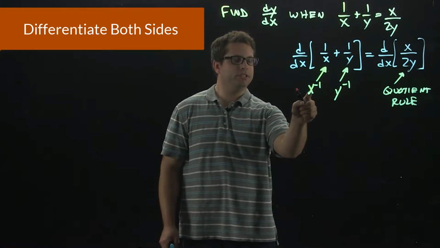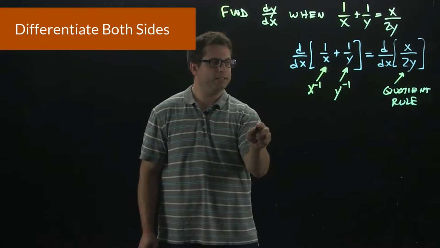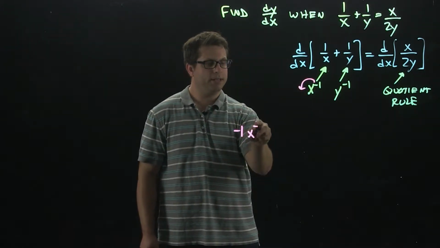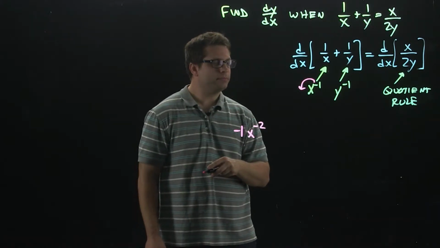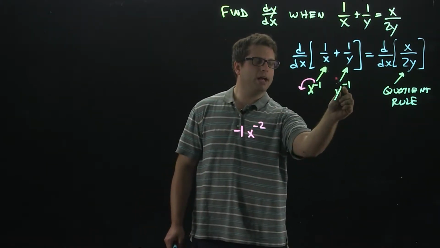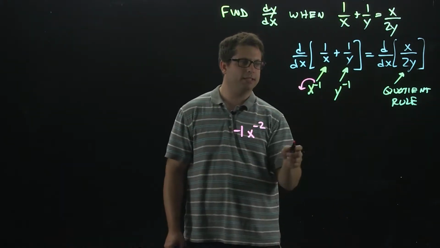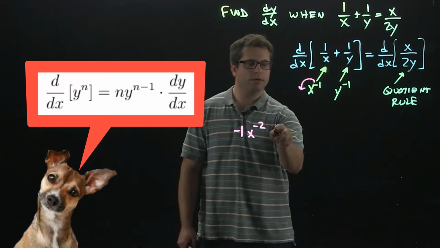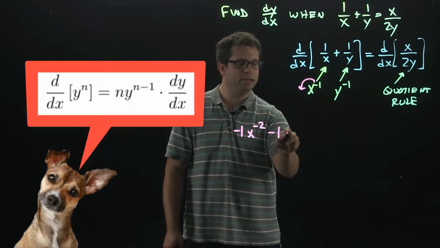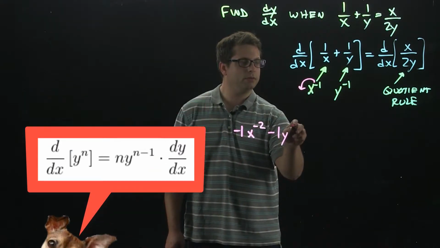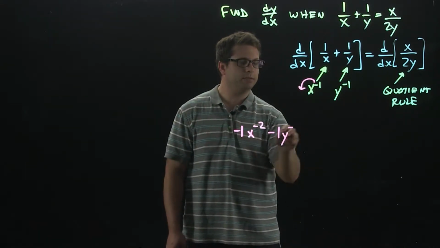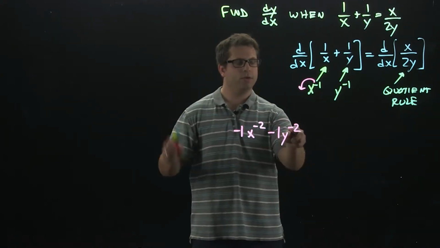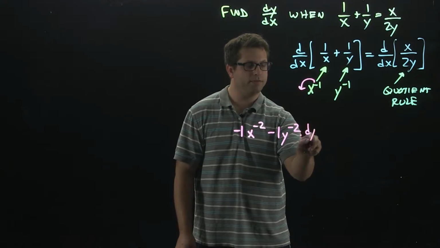All right, I'm going to differentiate x to the negative 1 with respect to x. So this negative 1 will come down, become x to the negative 2, and that's it. Now here, I'm differentiating y with respect to x. So that's going to be the extended power rule I have up there. We're going to bring the exponent down. We're going to leave y alone, and then subtract 1 off the exponent. But as the extended power rule shows, you're then going to have to multiply by the derivative of y, which